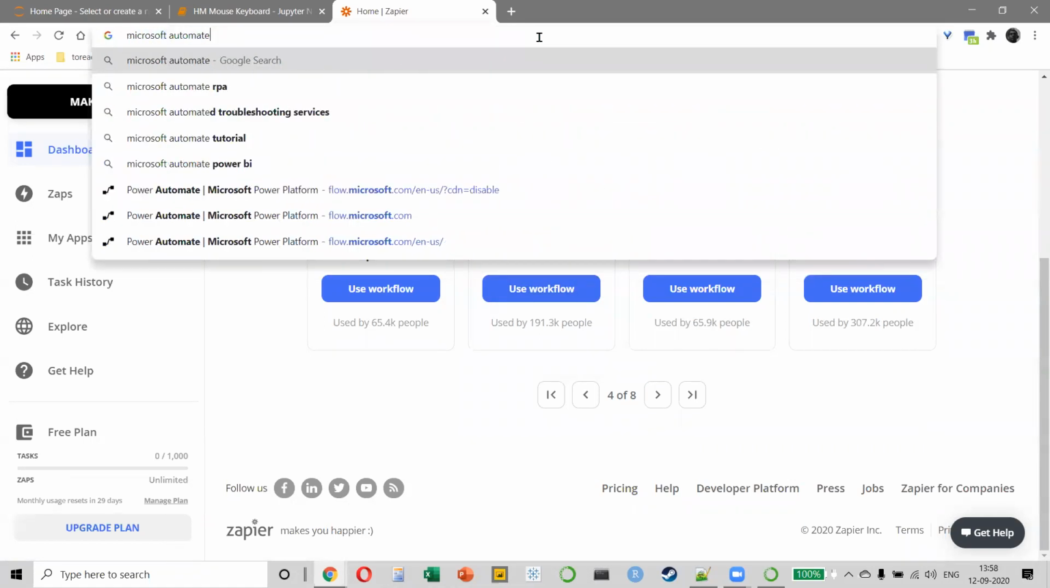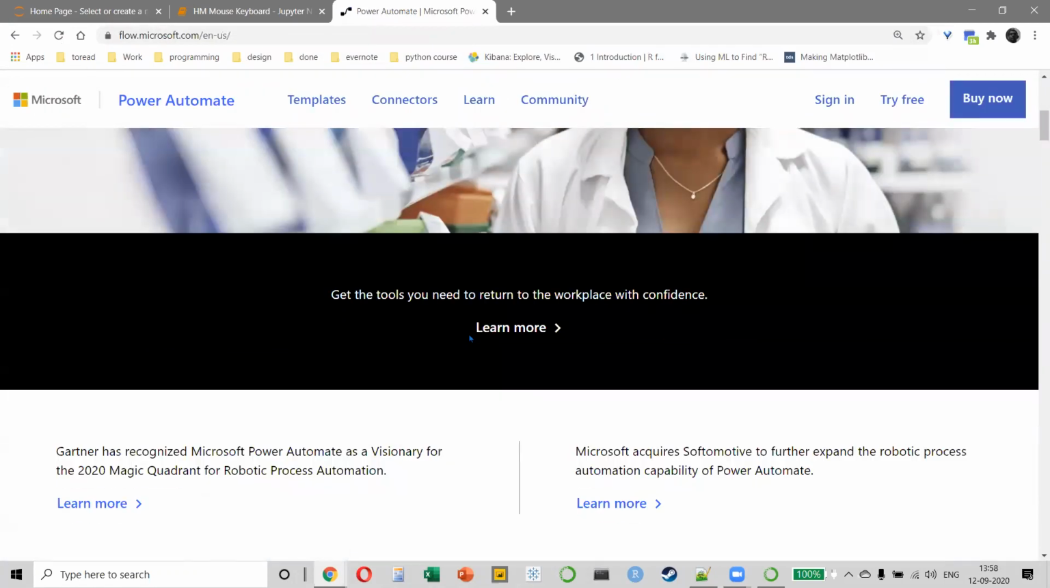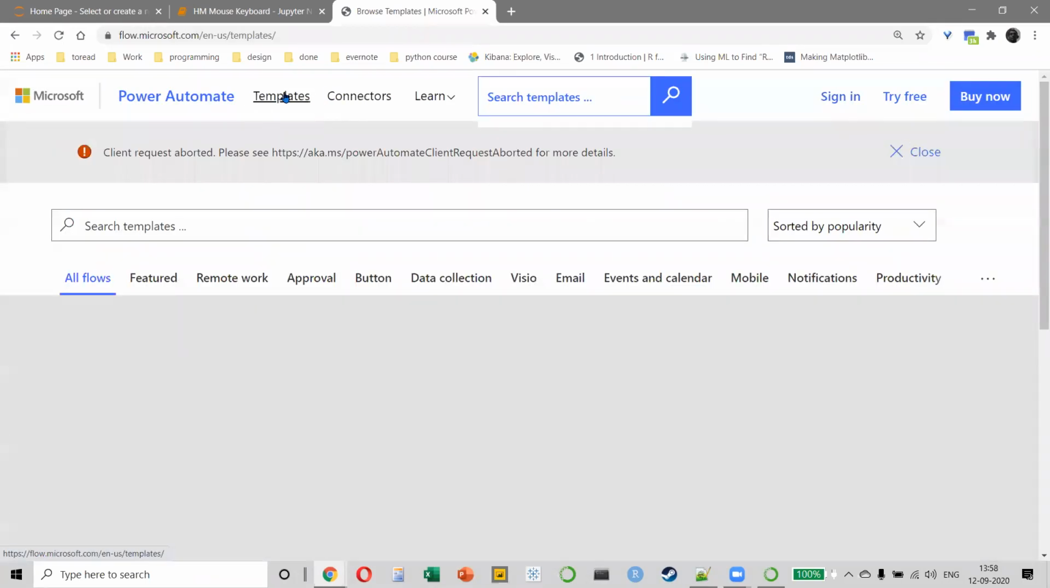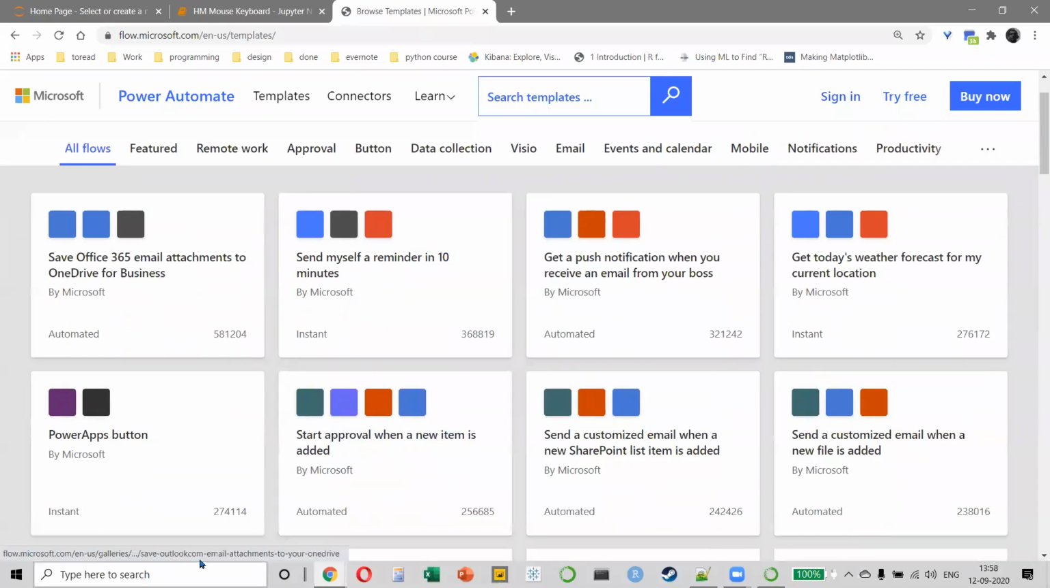Microsoft Flow, there's something on the website which I'm not able to find. Let me show you the templates. Yeah, excellent. This is what I wanted to show you. Do you see this, everyone? What's happening here is that